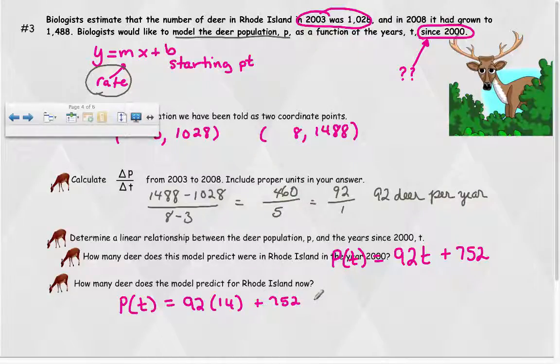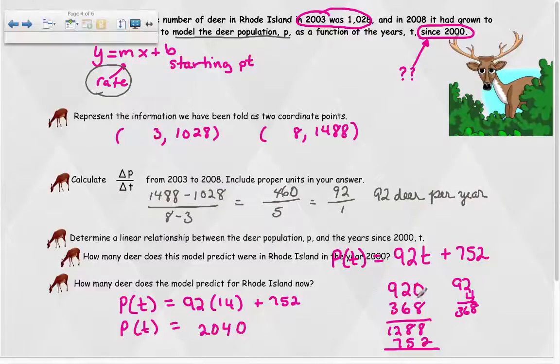Now I use these videos from year to year, and I'm getting pretty close to retirement, so by the time you get to 2020, I'll be gone. Anyway, put 14 in, because I'm thinking it's the year 2014, multiply it out, and let's see what that little deer population is at right now. So after we figure this all out, we get that there are 2,040 deer in the state of Rhode Island